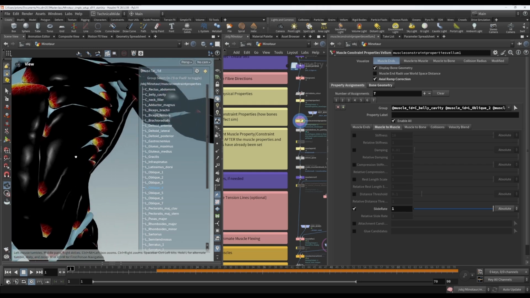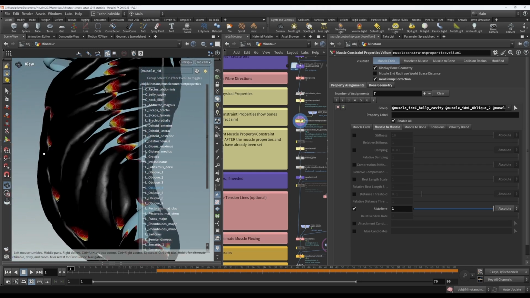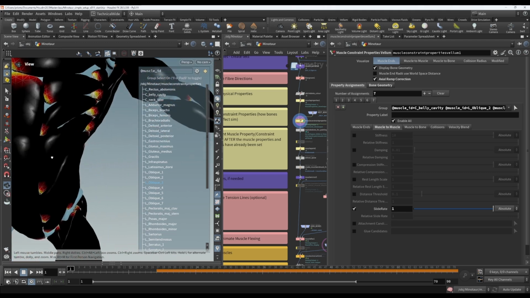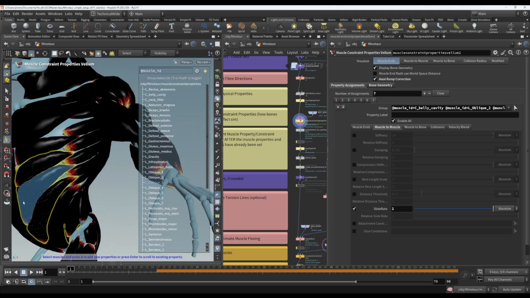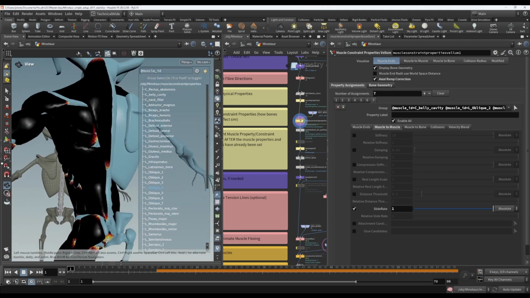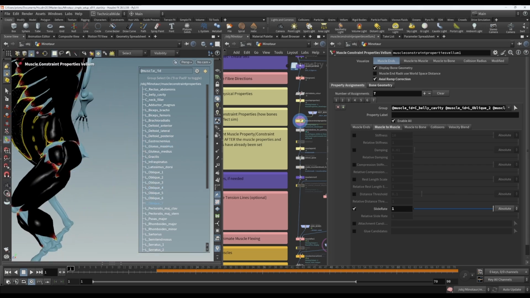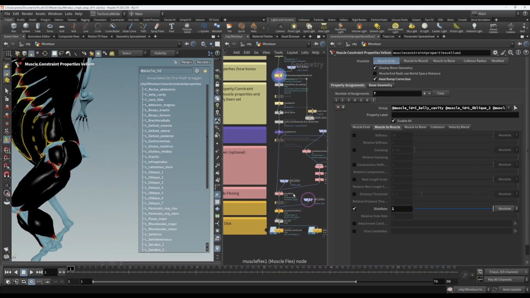I think my best bet for... okay, I'll hold off on fixing that looseness there. I want to add a bit of bulge to the butt. So